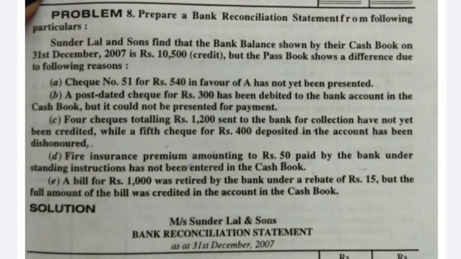Sundarlal and Sons find that the bank balance shown by their cash book on 31st December 2007 is 10,500 credit. Okay, it is a credit balance as per cash book, means it is an overdraft balance as per cash book. But the passbook shows a difference due to the following reasons. Check number 51. The first